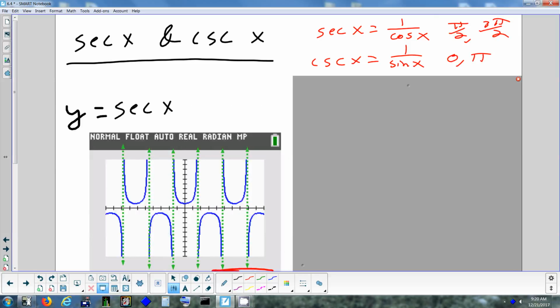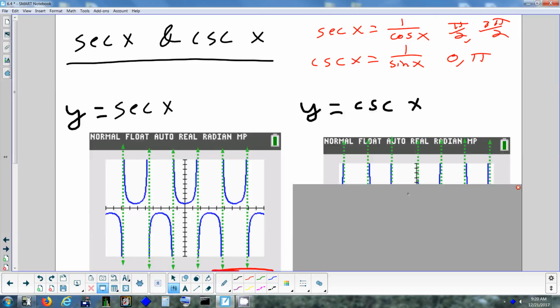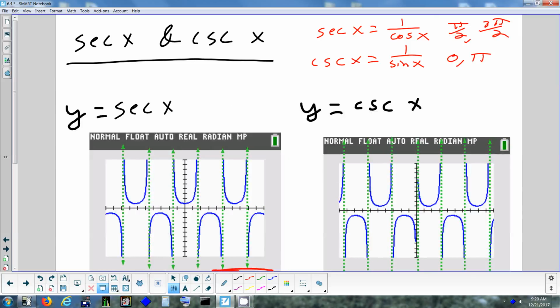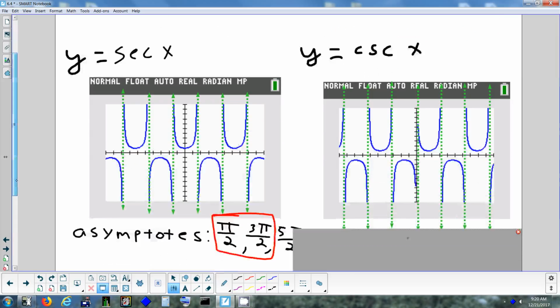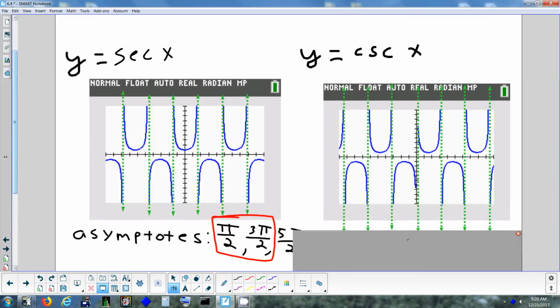Okay, so let's just look at that first. Secant, there's no asymptote at 0. Cosecant, there is, which should make sense. And now from there, each graph here, you're really looking at a little more than 3 cycles. A cycle for secant and cosecant is 1 U shape, 1 N shape. So if I draw this very carefully,